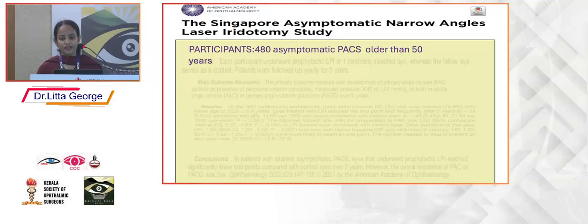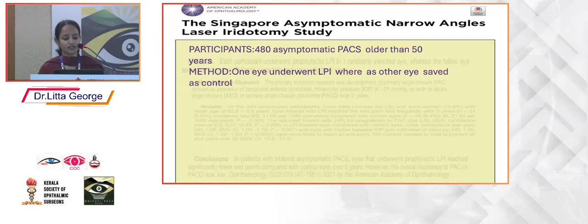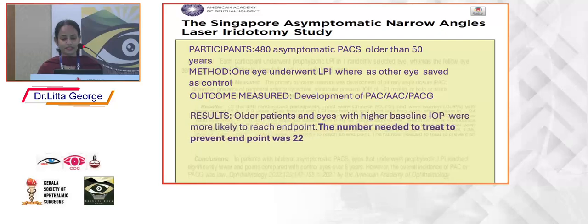480 asymptomatic PACS patients older than 50 years were included. One eye underwent LPI and the other eye was controlled. Outcome measures were PAC, acute angle closure, and PACG. And the results were that older patients and eyes with higher baseline intraocular pressure were more likely to reach endpoint,